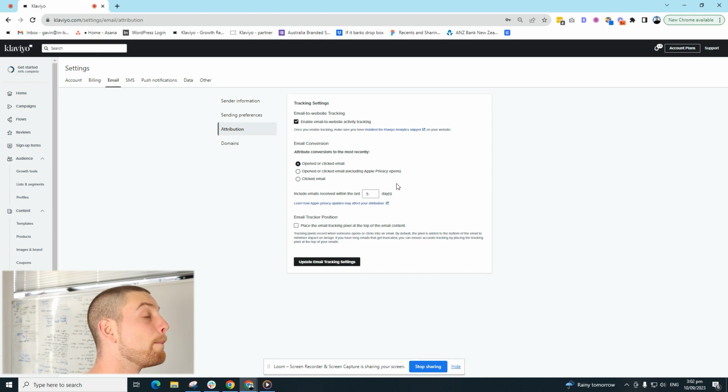But a big thing to notice, and this is something that I've seen, is sometimes agencies will come in. It's really important to trust the agency that you're working with, but some will adjust this attribution window without you knowing. And they'll adjust it to be a lot bigger and wider to make it look like they're doing more sales than what they actually are. And this is why it's important to keep an eye on this little attribution window, because an agency can come